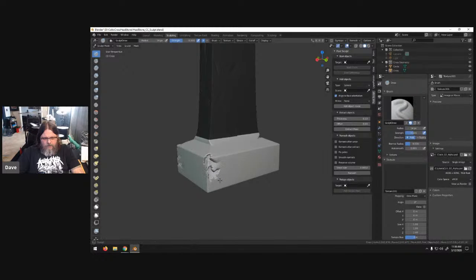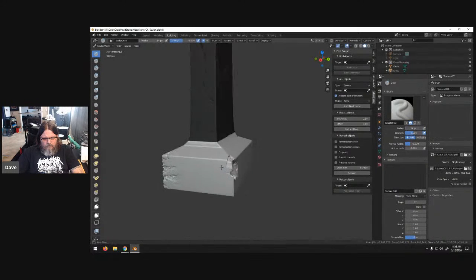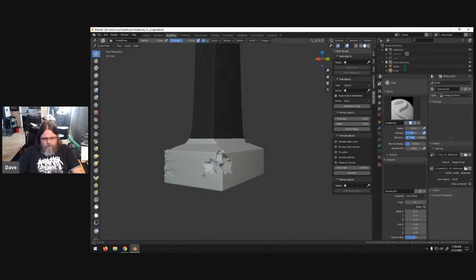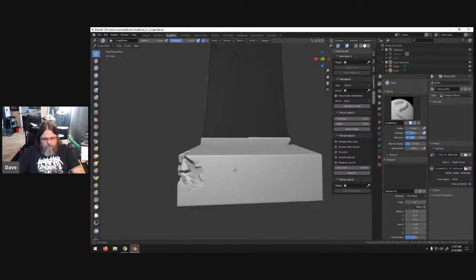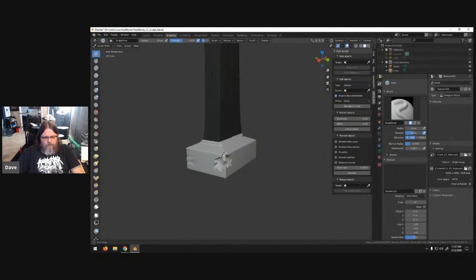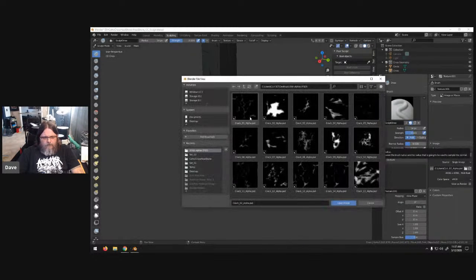Then you can layer it. Let's add a little bit of